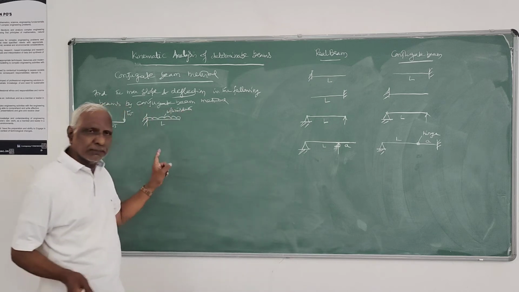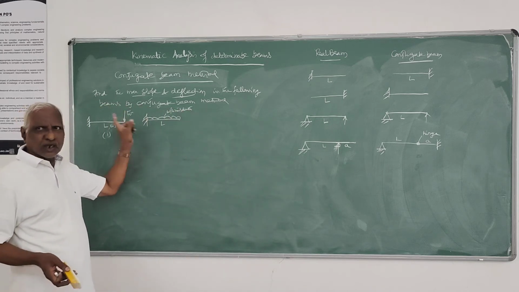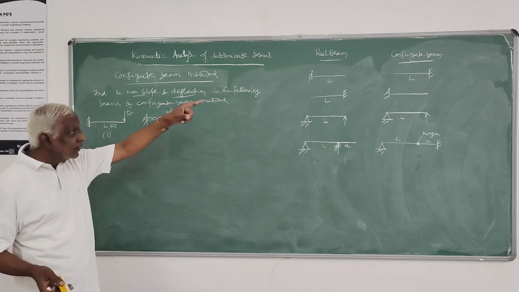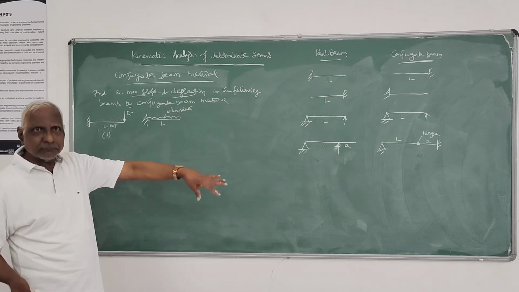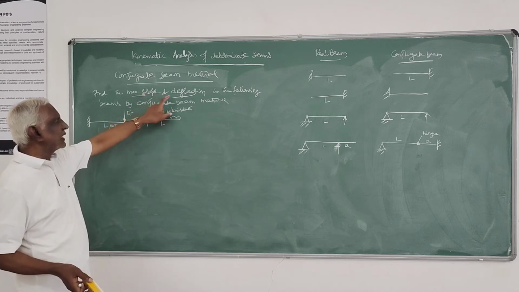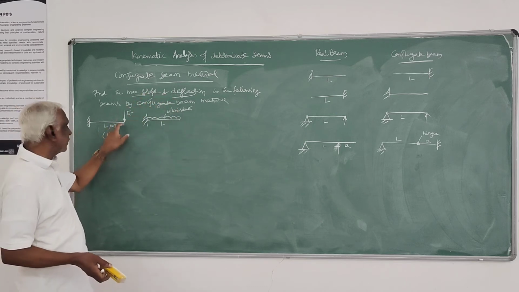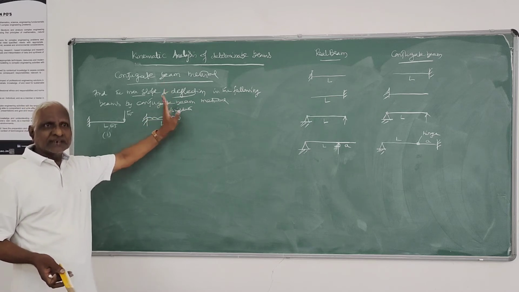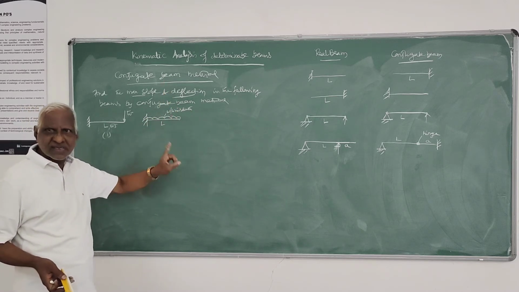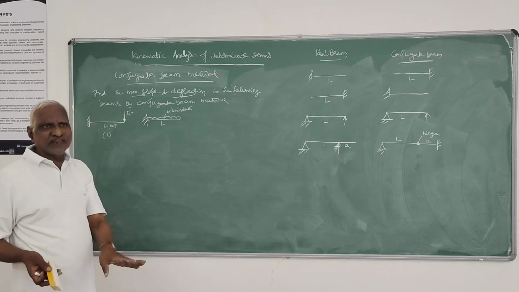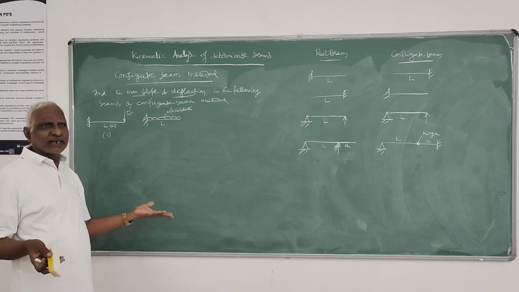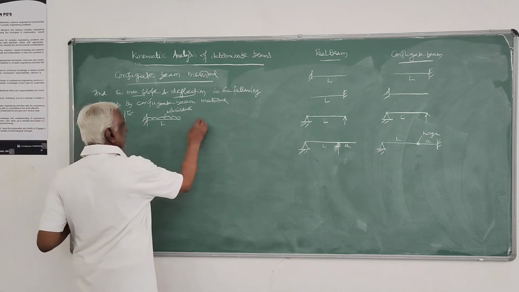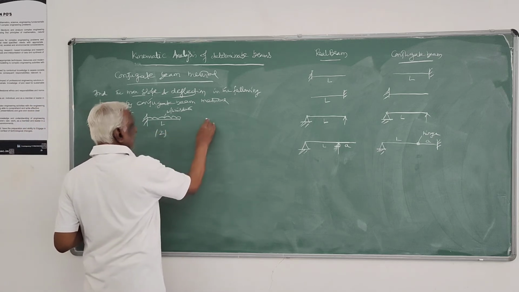In this problem, you can determine all of those. Write the conjugate beam for this problem. Draw the bending moment diagram. Writing the conjugate beam means loading the M by EI diagram, and find the maximum slope and maximum deflection, which I told you will occur at the free end. You find the bending moment and shear force in the conjugate beam at the free end, and you get the slope and deflection. That's all. So you take another, this is the second example.